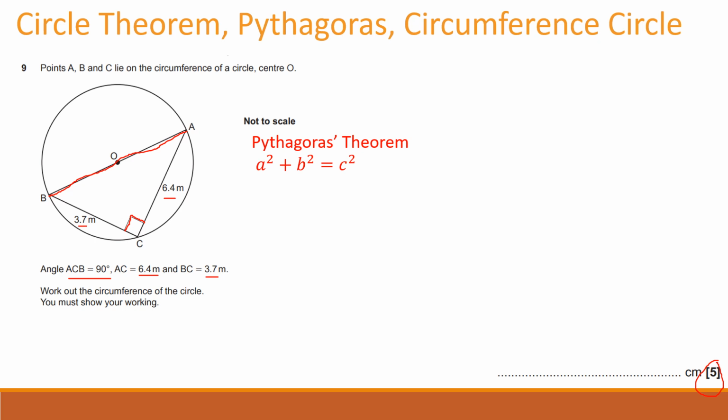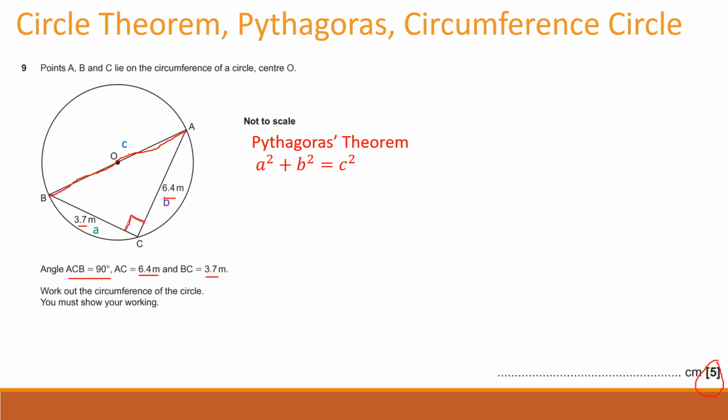Now c is always the longest side on the triangle, and it is always the hypotenuse, and in this case it is the diameter of the circle. Now the reason this has got a right angle in the circle is because of one of the circle theorems, where you've got a right angle in a semicircle, or a triangle in a semicircle. But the question doesn't require you to use any circle theorem knowledge, it kind of tells you that in the question. Now A and B, it doesn't matter which way round we put A and B,